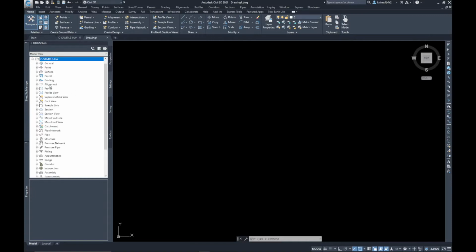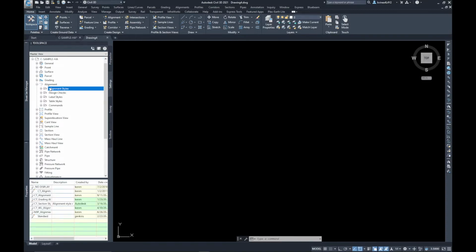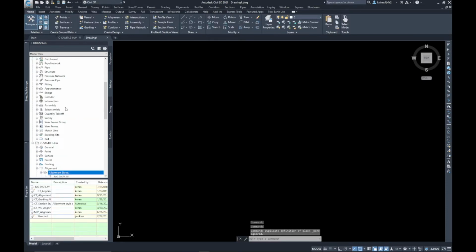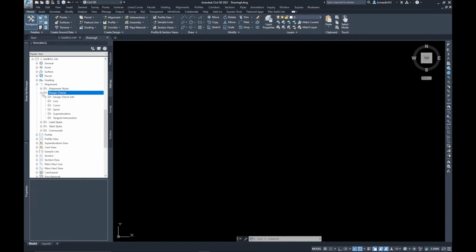And what we're going to do is, now that we're still in that drawing 4 tab, we're going to go to the settings of that sample drawing, select a folder, see that it has styles other than the standard style, and then just drag and drop that into model space. Again, select a folder, see if it has anything besides standard, and if so, then we're going to just select, drag and drop into